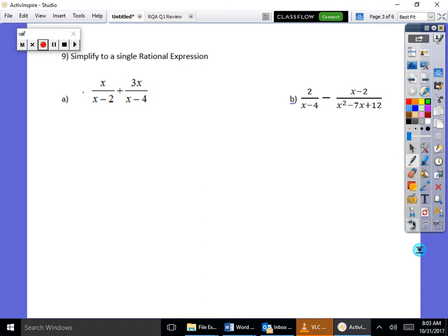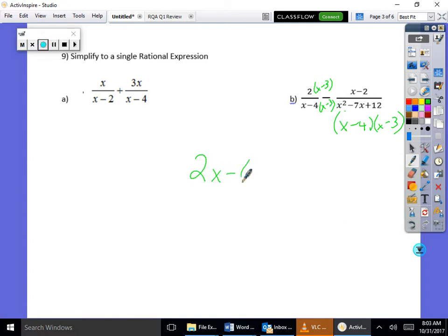Questions on that one? Okay? All right, this next one, this is factorable, so I have to factor it to see if I have a match. So I have x minus 4, x minus 3. I have a match. I am missing what? X minus 3. So the fraction that's missing it gets it in the numerator and the denominator because x minus 3 over x minus 3 is equivalent to 1, and when you multiply by 1, you're not changing the problem. So then that gives me